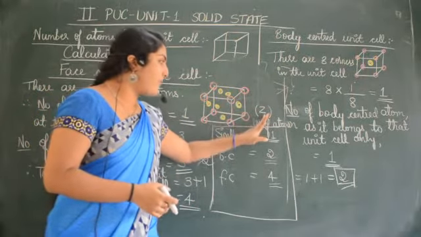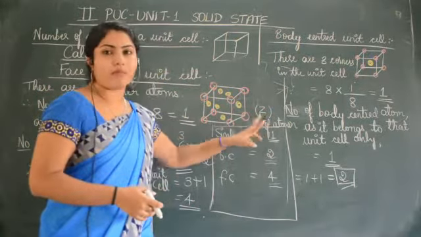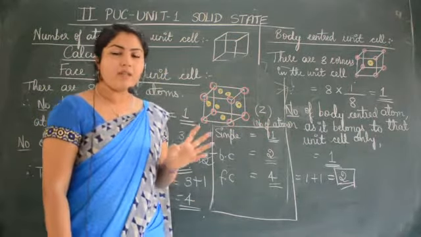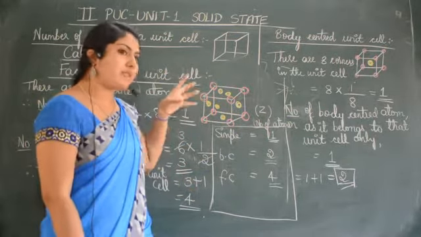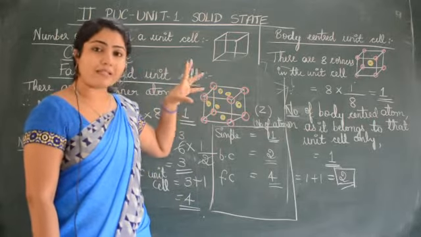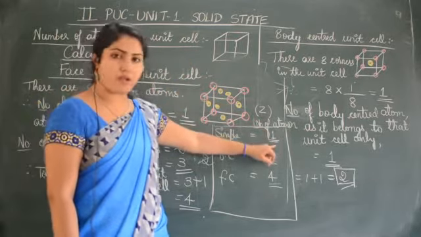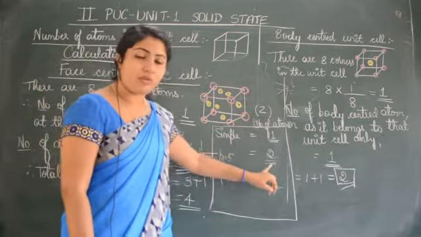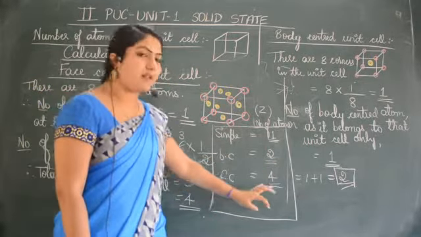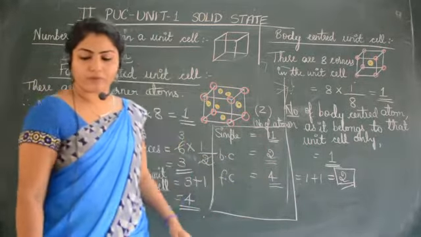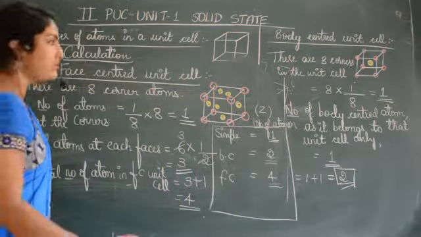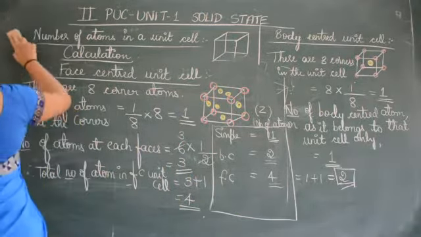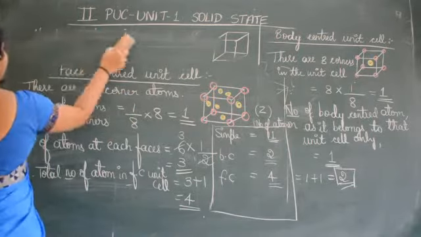There you will have to substitute. Z means number of atoms in that unit cell. So Z, how will you get to know? If it is mentioned in the question that it is a simple unit cell, you will directly substitute 1. If it is body centered, you will directly substitute 2. If it is face centered, then you will substitute 4. Now, shall we move on to further concept?